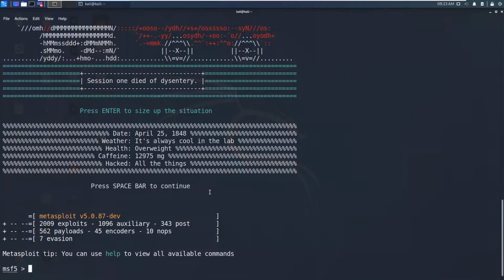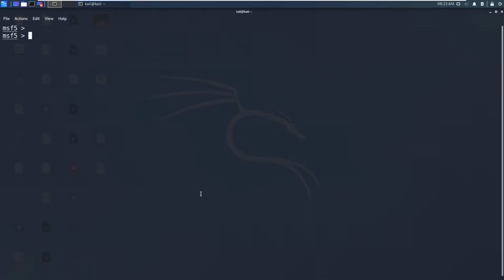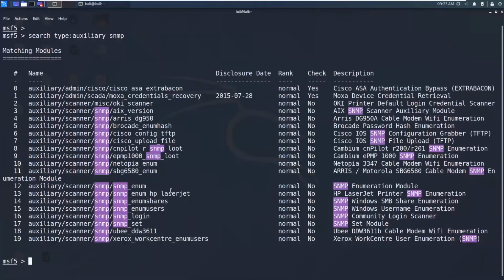So guys, in this video we are going to brute force these SNMP strings with the Metasploit modules. I told you Metasploit is not over yet, and we will see some of these modules in this video. I will search for the type auxiliary and I will say SNMP. So I get this bunch of scanners to scan SNMP. The first one we are going to use is snmp_enum to get enumeration information.